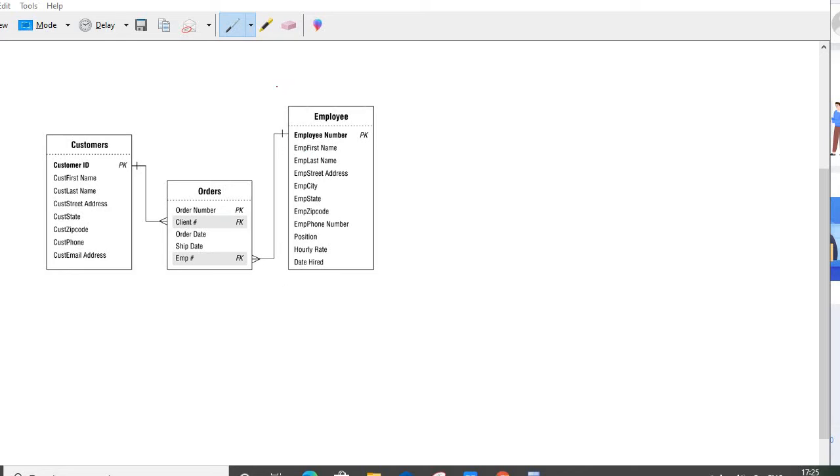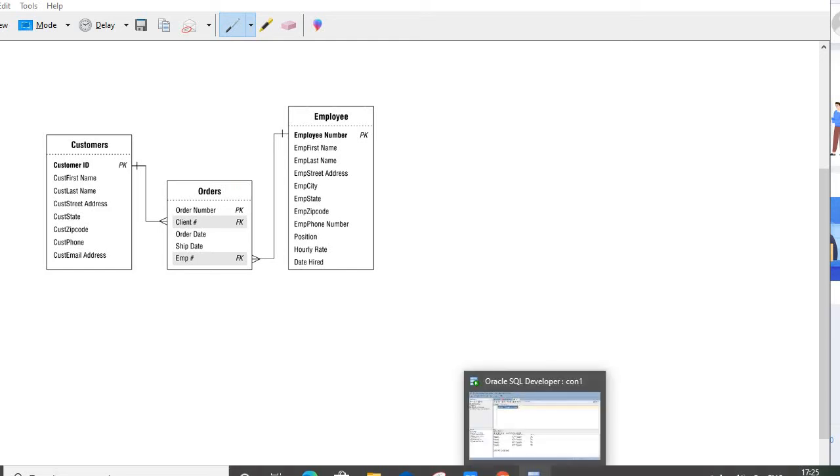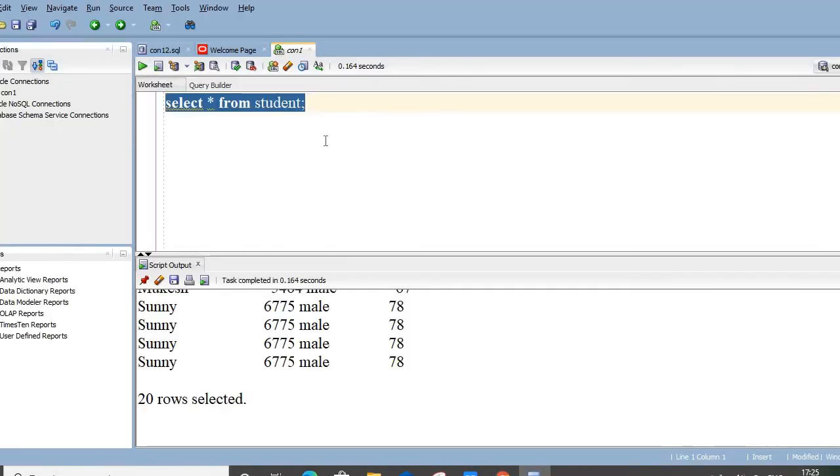And similarly, we also have a cascade update provision in SQL that will cascadingly update the rows when we update something in the parent table. So this is how we can insert and delete, or update the values in parent tables. Now let us see how we can implement this concept in SQL.